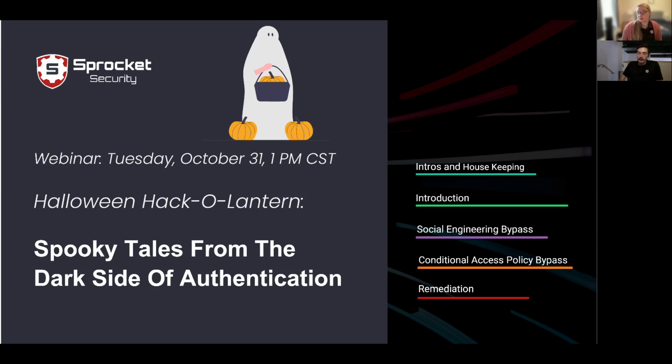today we're going to be talking about authentication, more specifically what we do as attackers after we compromise a user's credentials. So the focus is going to be on techniques that we use mostly to bypass multi-factor authentication, because it's almost de facto in every organization we work with nowadays. And so no longer can we simply guess credentials and use them immediately. There are other tactics that follow, which is a sign of the times and a very positive thing, right? But I want to make everybody here aware of the techniques out there that we're using to bypass different controls. So I'll hop on to the next slide here.